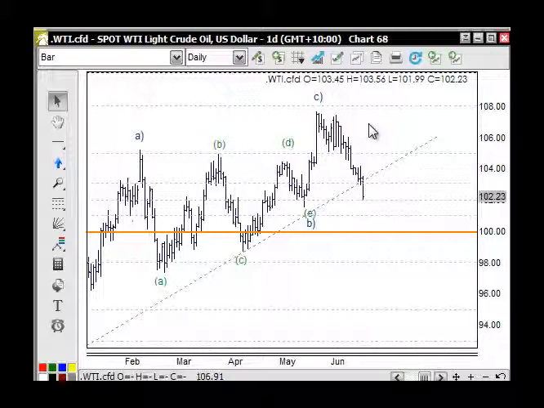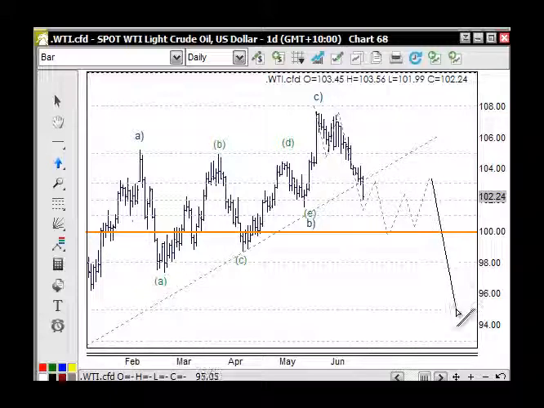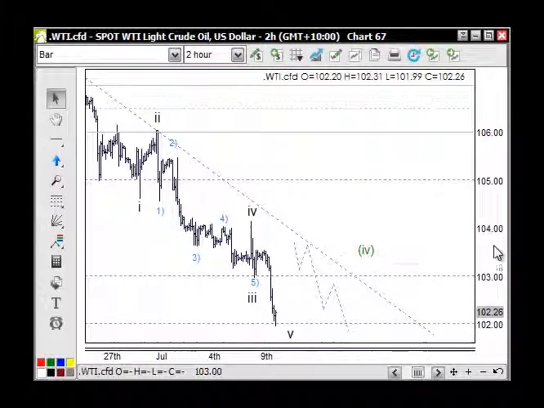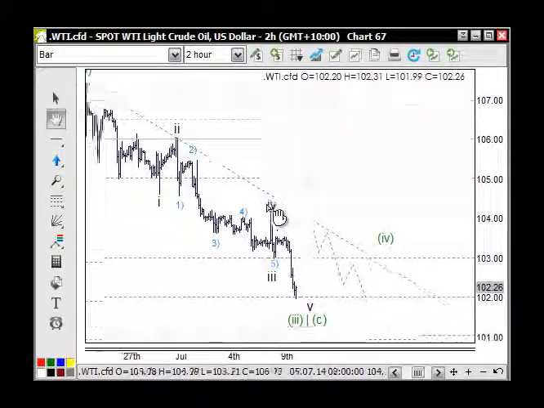And we'll be looking at this as a larger impulse wave now, as wave 1, wave 2, wave 3, 4, and 5 here, a bounce off here as an ABC, and then a move lower through here as well. So that's basically what we're looking at in the bigger picture, and moving into the intraday here on the 2-hour